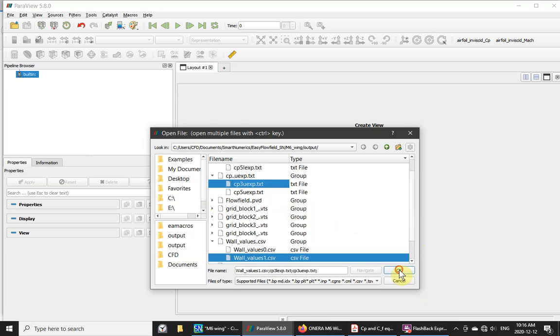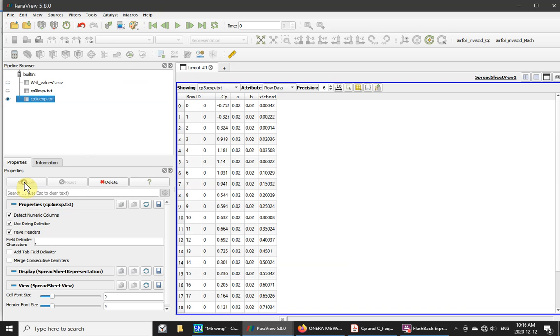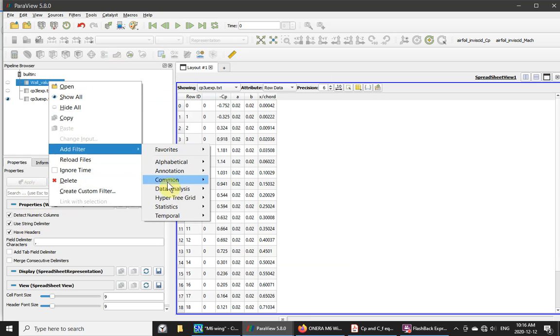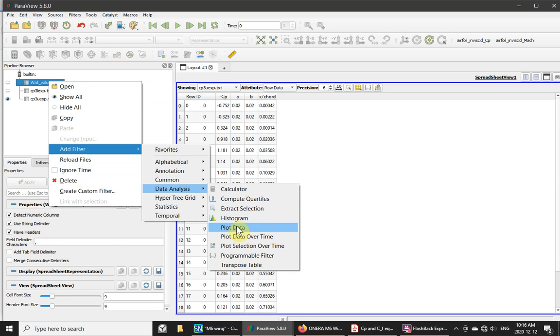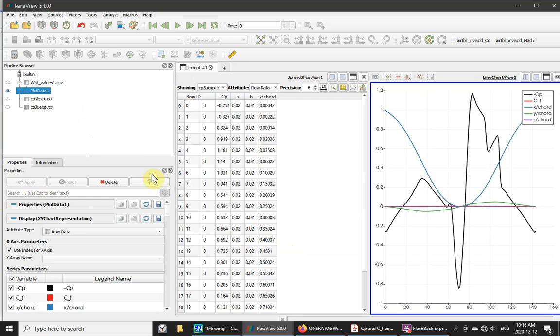Okay, so I apply that, and then I apply a filter, and it's always best to start with the values from the simulation. I apply a filter, plot data filter, apply it, and then I disable everything except CP,